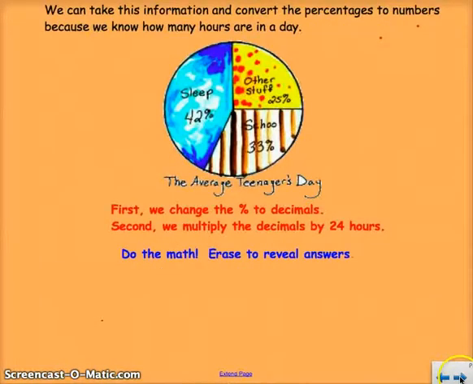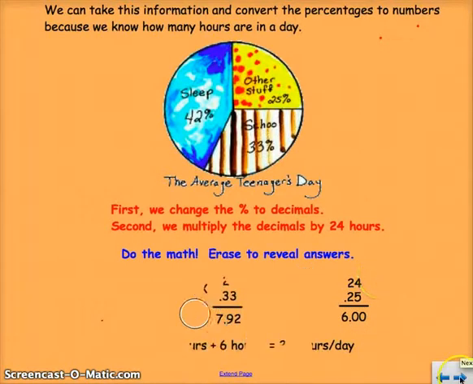We can take this information and convert those percentages to numbers because we all know there's 24 hours in a day. So first we would change the percentages, 42, 33, and 25, into decimals and then multiply those decimals by 24 hours in a day. So pause the tape here, take a minute and do it before we reveal the answers. Once the math is done, we reveal our answers, and you see